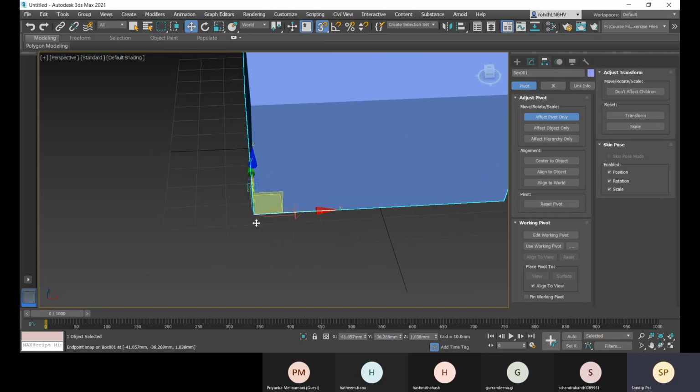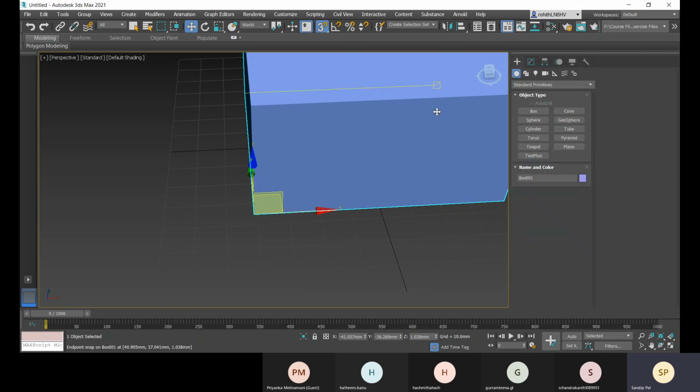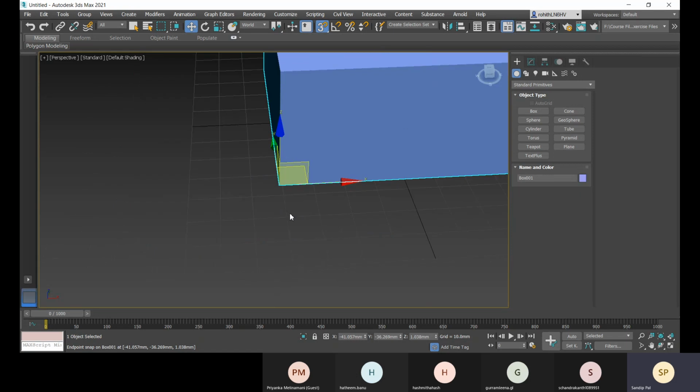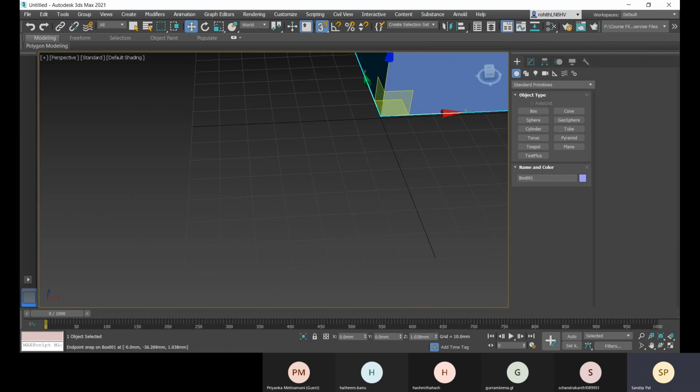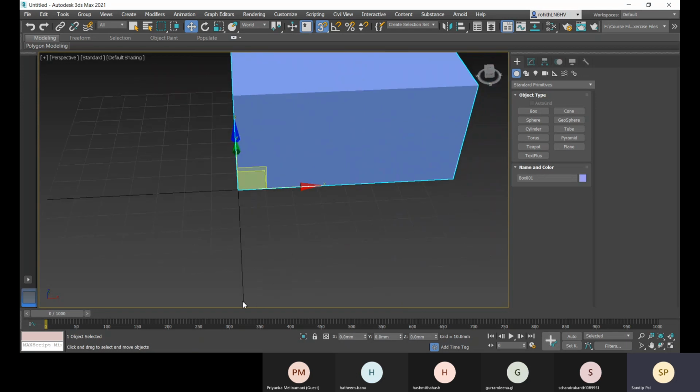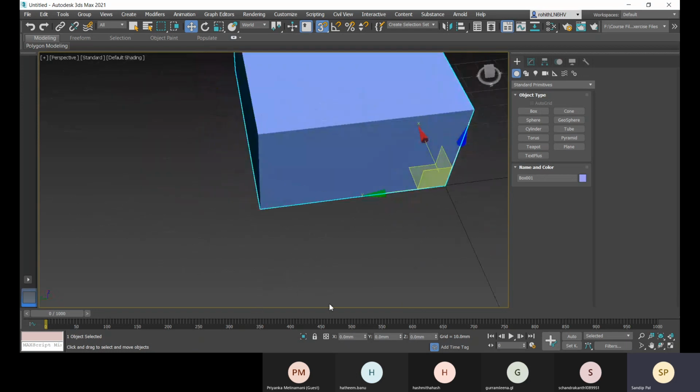Yes. Okay, so right now it is snapped, and here you can align it to the world coordinate system. If it is not aligned, you can click on align to world coordinate system, and that is applied. Then you come back to create, and you can see that X is changed, Y is changed, and Z is changed. Now you right click here, X is positioned at 0, Y is positioned at 0, and now let's place the Z, and here it is placed. So this way we can place it.